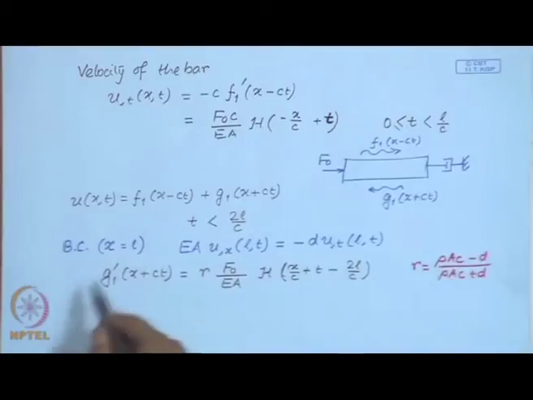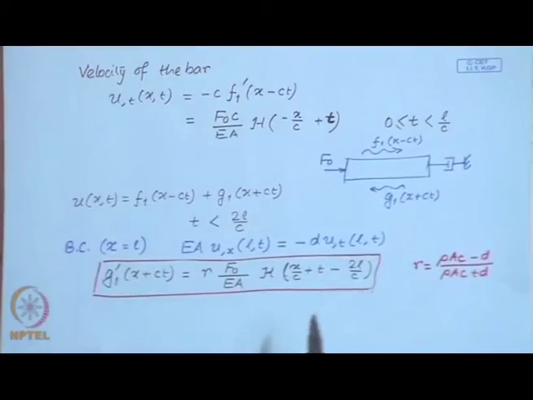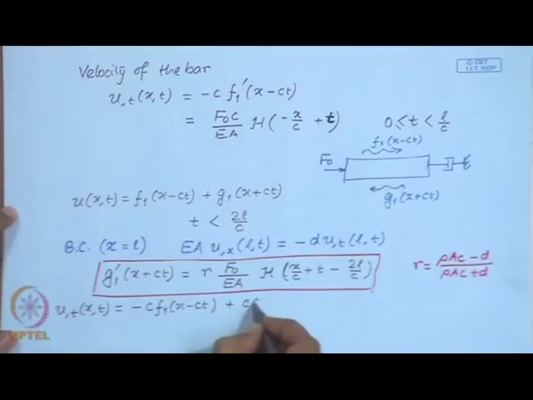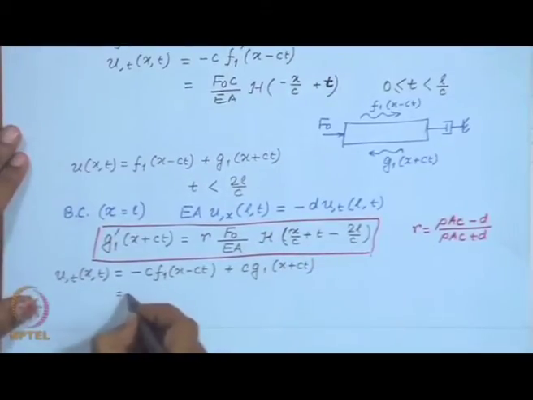You can obtain this easily. Then once again you can write down the velocity of the bar. So, velocity of the bar is given by minus C f 1 prime, and that turns out to be